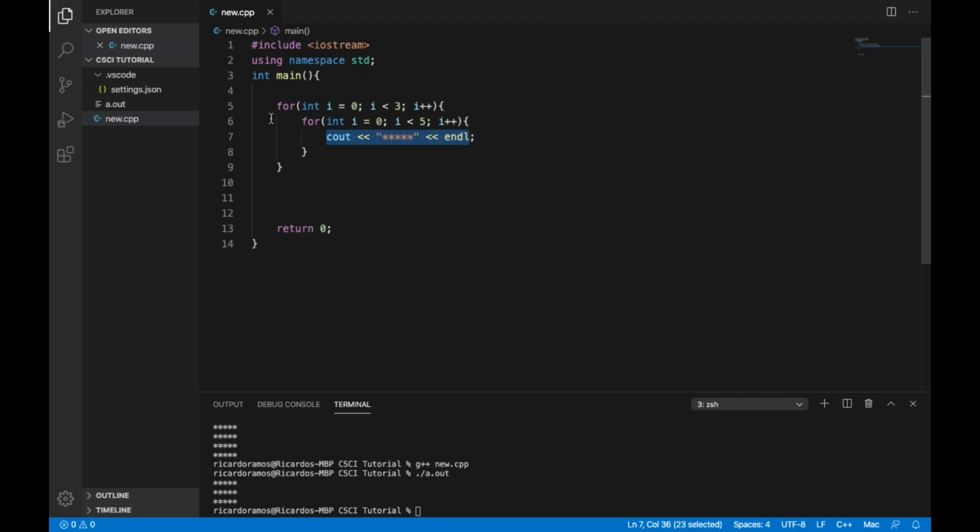That was for this i being 0. But now when this is ran in the first round, and it happens 5 times, this outer i is updated from 0 to 1. So now we have 1 is less than 3, which is again true, and then we run this again,